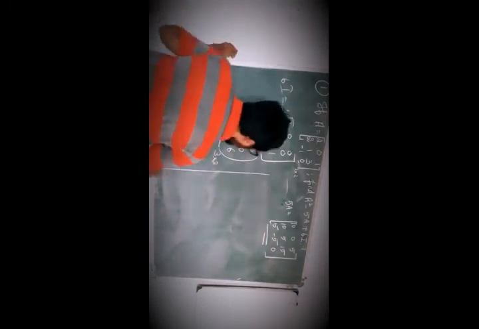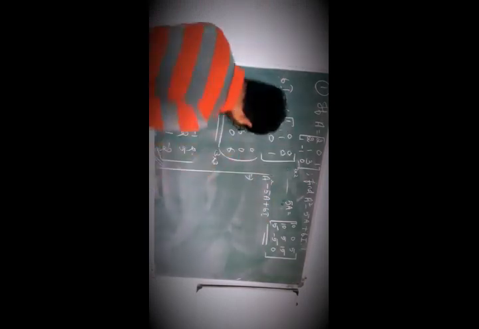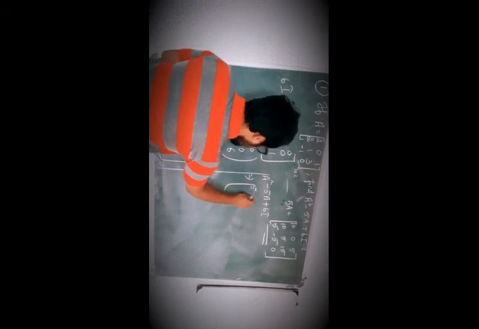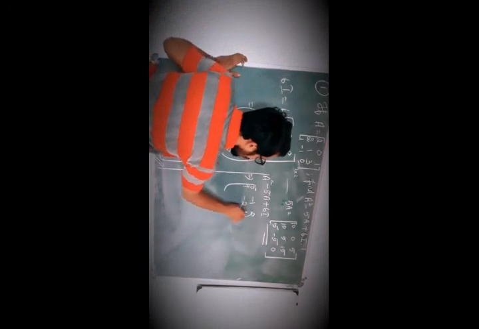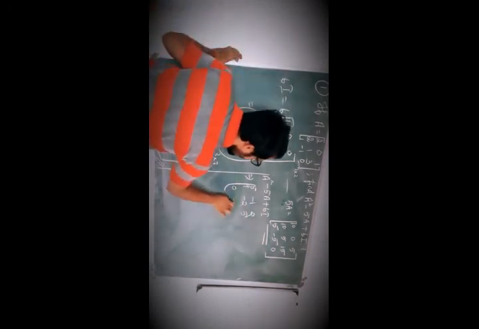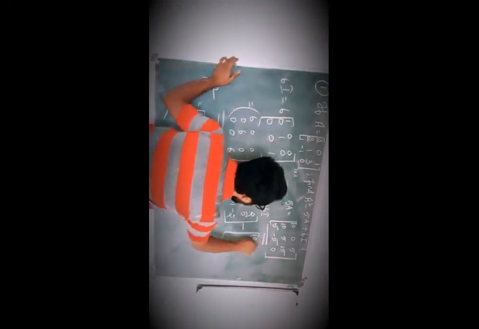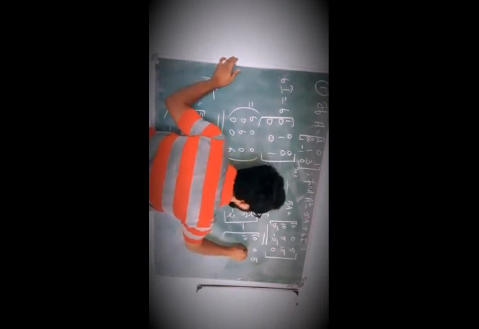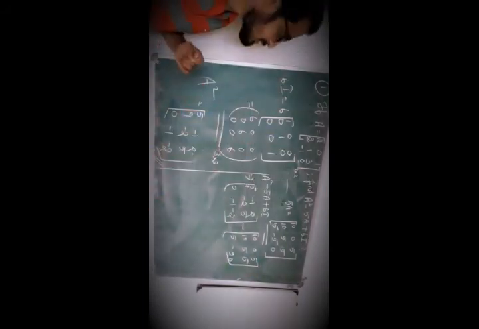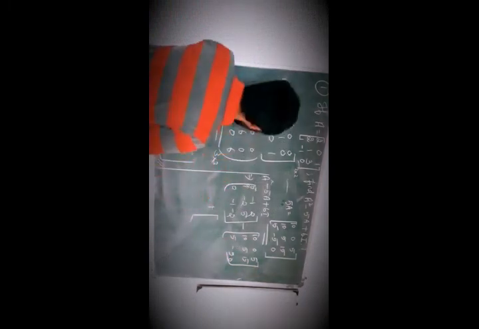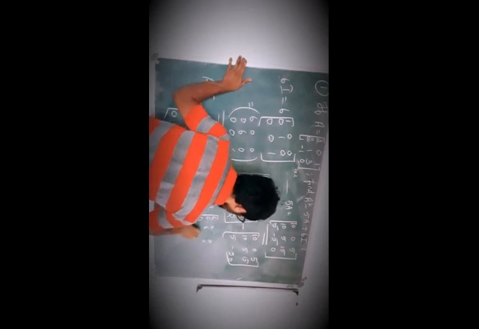According to the question, we solve A square minus 5A plus 6I, which implies: what is A square? 5 minus 1 2, 9 minus 2 5, 9 minus 2 5, 0 minus 1 minus 2, 0 minus 1 minus 2. That is A square. Minus, what is 5A? 10 0 5, 10 5 15, 5 minus 5 0. This is nothing but minus 5A plus 6I. That is 6 0 0, 0 6 0, 0 0 6.